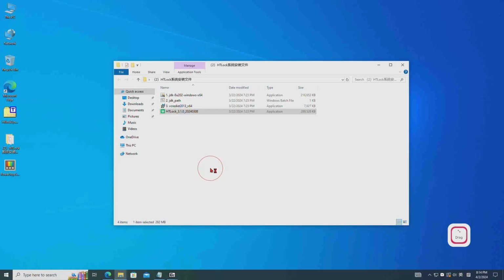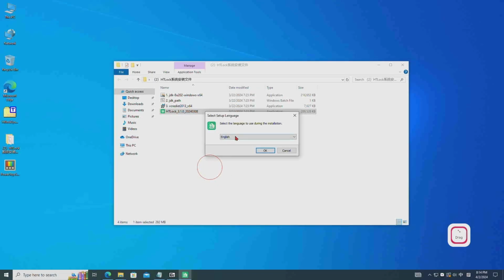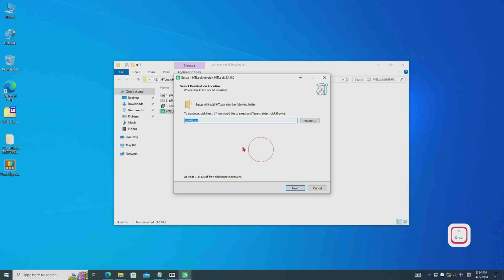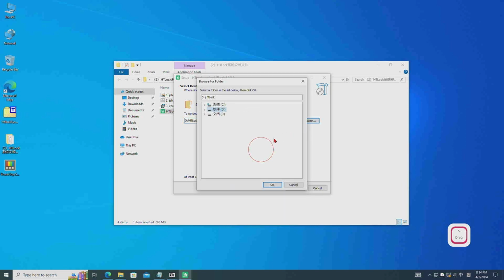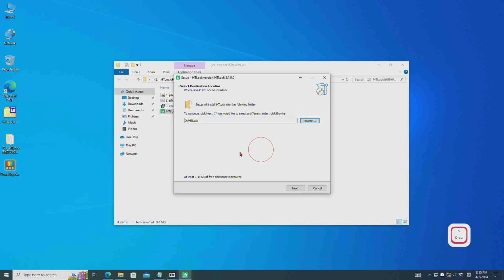Pass the UAC and now select language as English during installation. Select a folder to install this system. Make sure that there is enough space on the drive. If you want to choose another location, you can modify it in here. In my video, I will use the default location, D drive. Make sure that it has a large space,